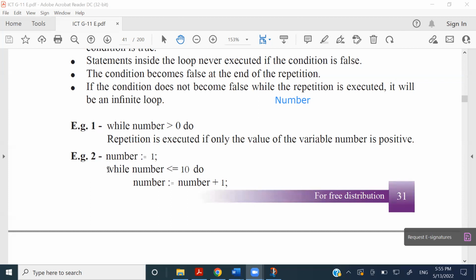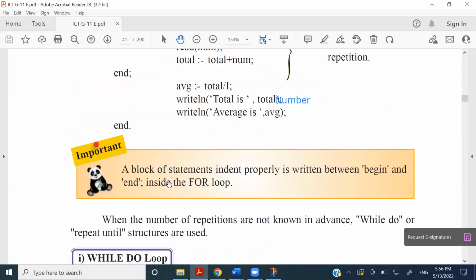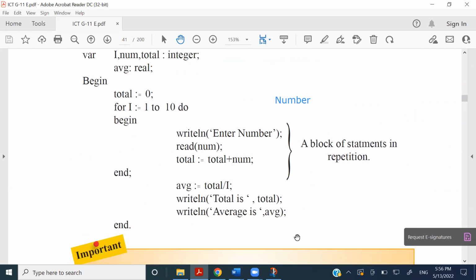You can use the keyword while and the condition and the keyword called do, and then under that statement, the very first line will be considered as the statement which belongs to the while loop, right? And as we discussed earlier,